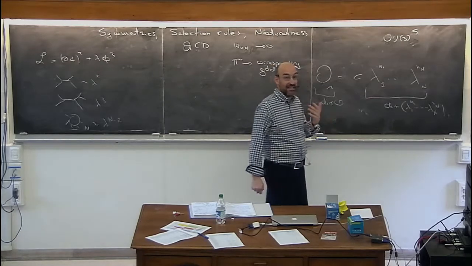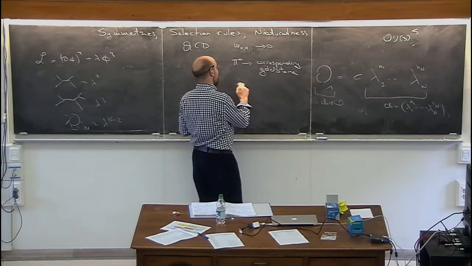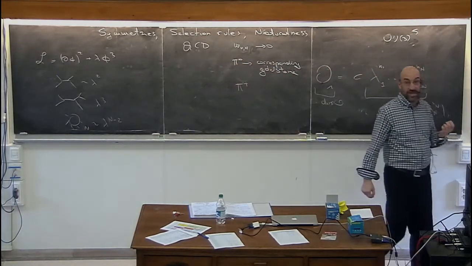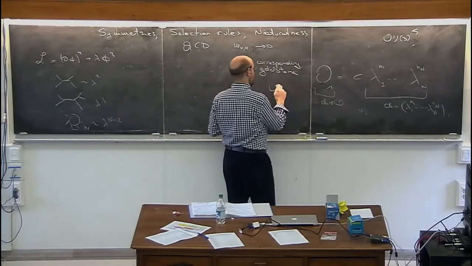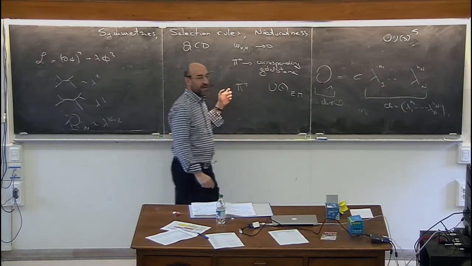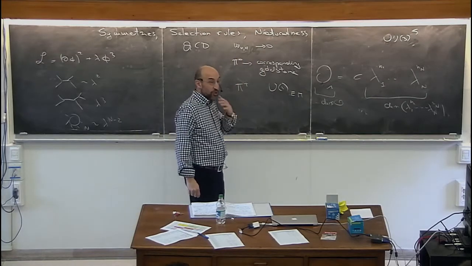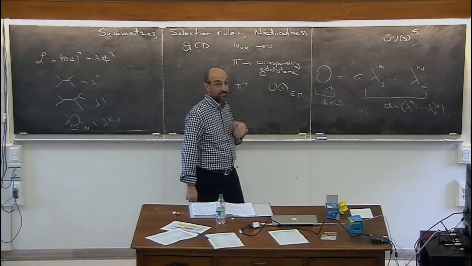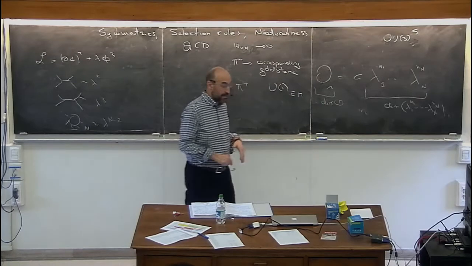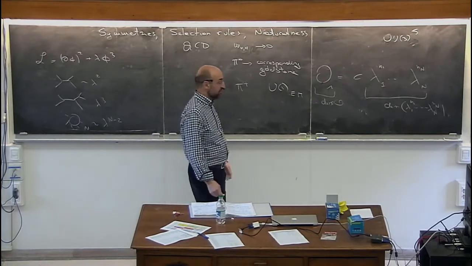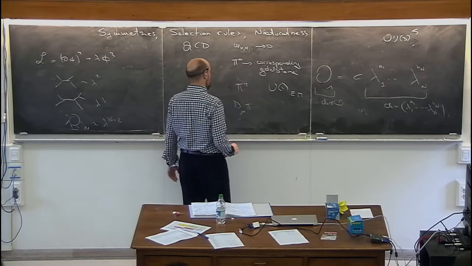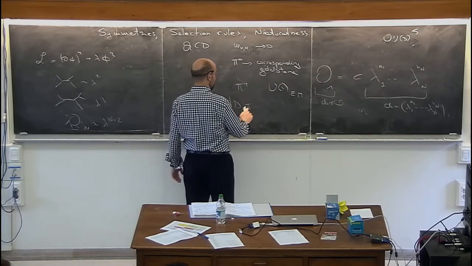In this situation, instead, the pi plus is not a Goldstone boson, okay? And the reason why it is not a Goldstone boson is because of electromagnetism, U(1). So if you turned off electromagnetism, this would also be a Goldstone boson, but electromagnetism breaks the symmetry. And the reason is very simple: if you write the covariant derivative of the pi plus, okay,